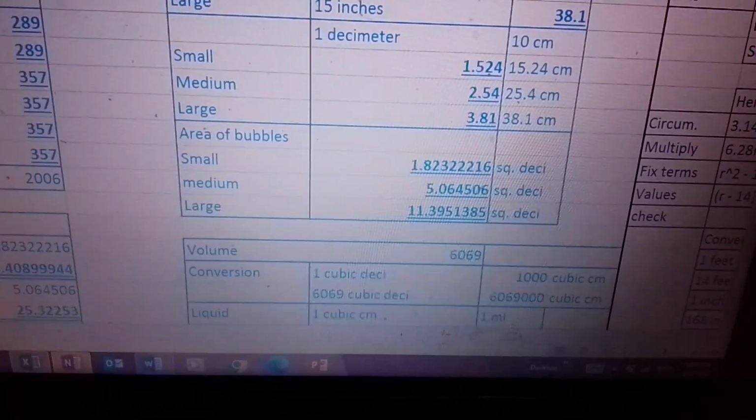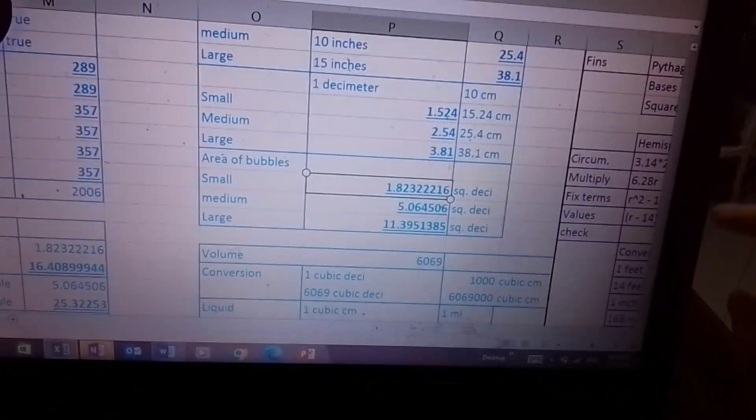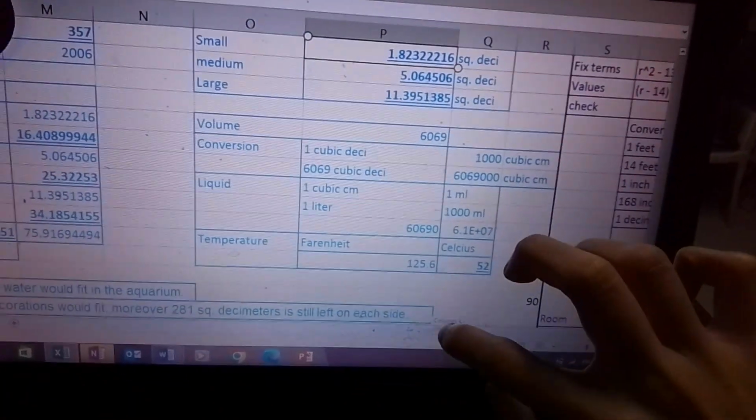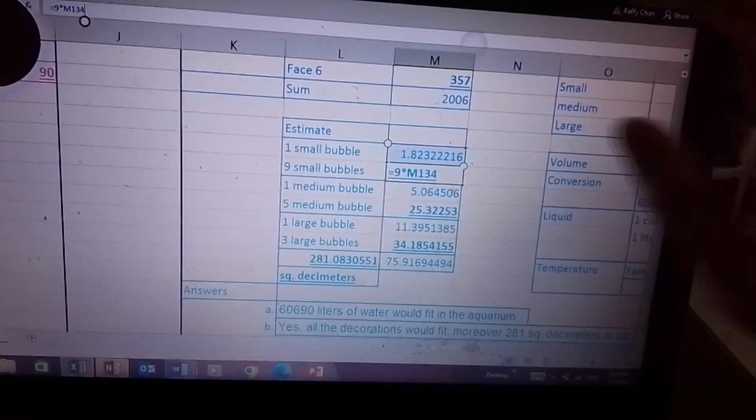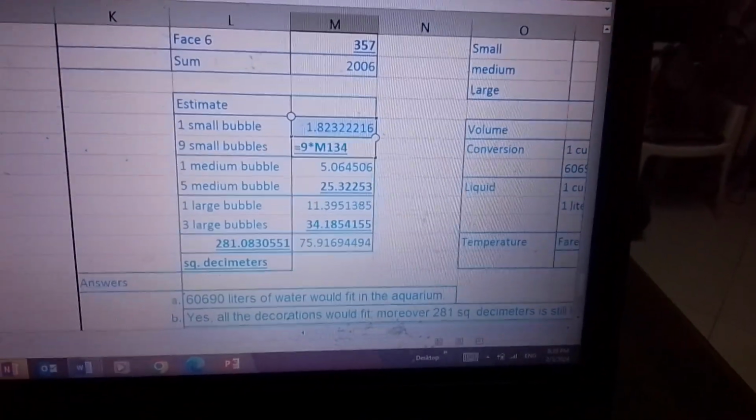Yes, that's the area, diba? So this is what we did. And then we multiplied that by 4. So ito yung ginawa namin. M times, so this is,